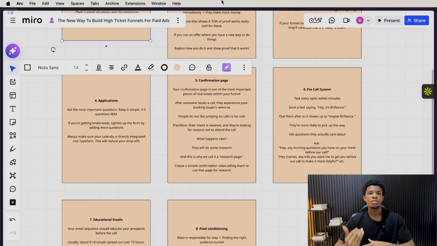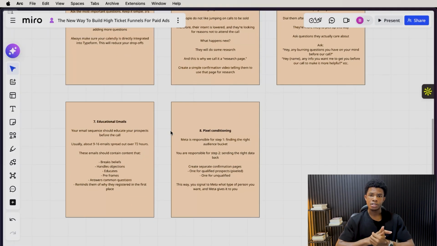Or like, what do we need to add to the deck to be able to make this presentation a lot more useful for you? That way you're getting them involved in the process, right? And people don't want to let down someone else. So when they've given you a response and they're like, hey, this is what I think, these are some of the questions that I care about, this is some things that I think you should add to the presentation to make it easier for me to make a decision. It makes them a lot more involved, and that makes it easier for them to show up to the call, I'm telling you, right? And then the next is going to be your educational emails.